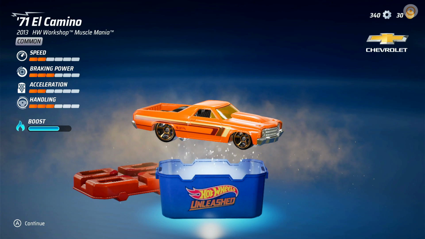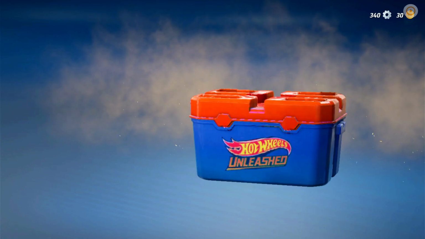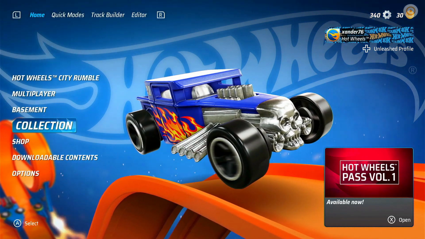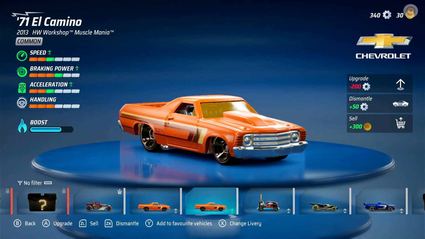Oh, it's the same one we've got, the 71 El Camino. And this is a bit of an issue with these blind boxes, but I guess it's like real life. You're buying a blind box, there's a chance you're going to get the same thing. So that's disappointing. But if you do get duplicates, you can go in and disassemble them. You can either dismantle it for 50 cogs, some sort of currency, or you can sell